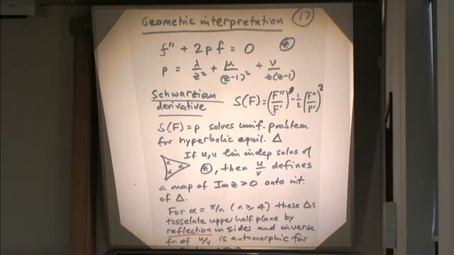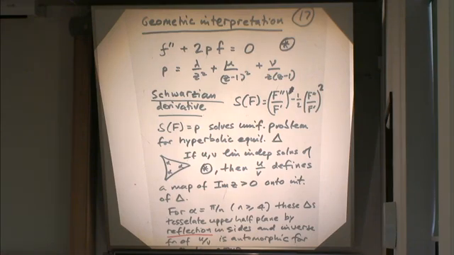And in that case, you can convert it to something like this if you do an Euler integrating factor. Now this geometric interpretation: if you take P to be this kind of partial fraction, and then we remember this thing here, the Schwarzian derivative, which is this expression here, which has the property that if we do a fractional linear transformation on F and plug it in, so AF plus B over CF plus D, it doesn't change the Schwarzian.